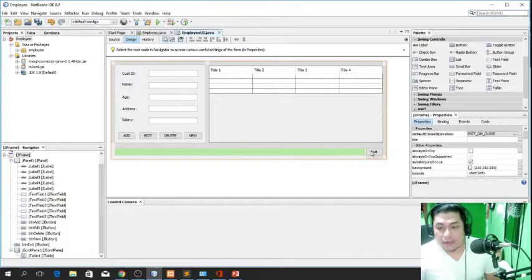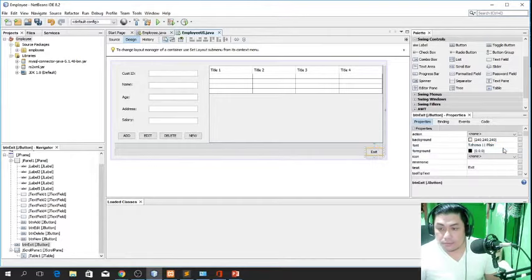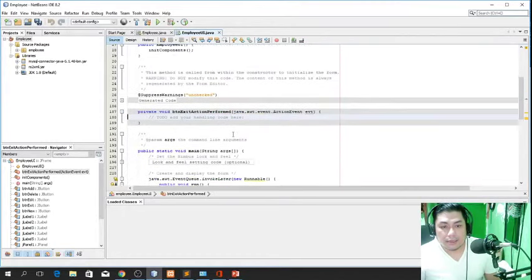So, what we need to do is right click, then events, then action performed. Alright. Here. So, yung code here, system exit,